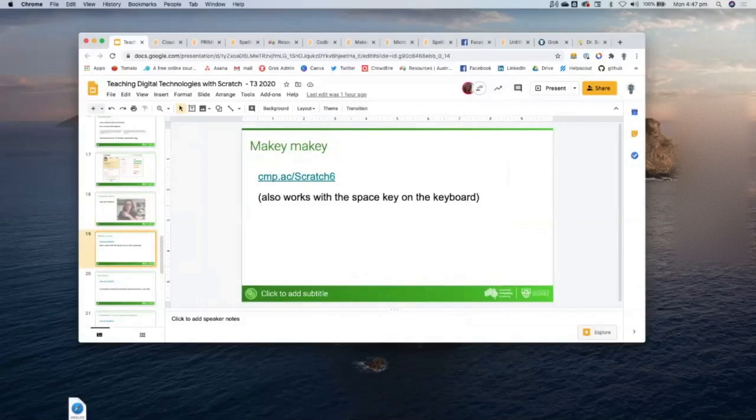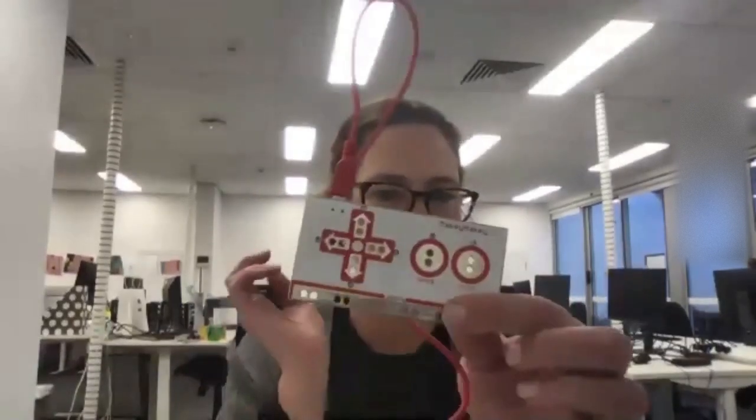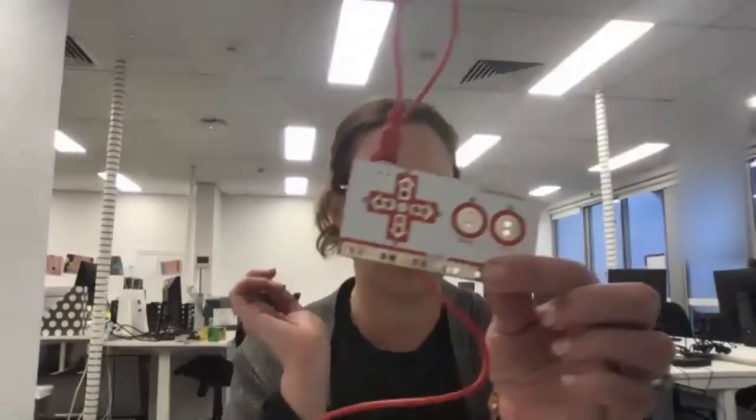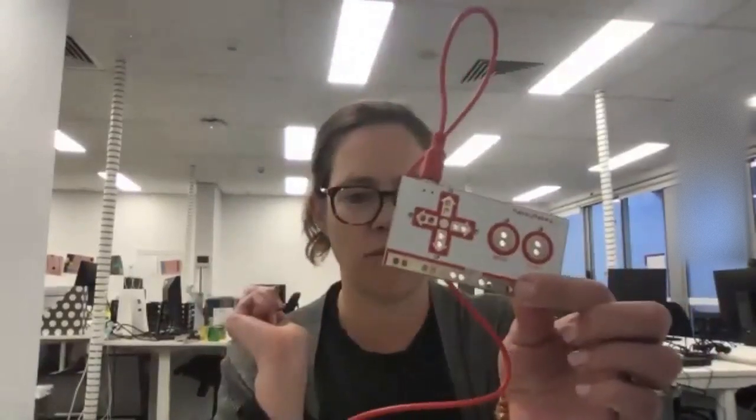Another question we get asked a lot, and we have a bit of fun with, is using Makey Makeys. I might actually just stop sharing for a moment. A Makey Makey is one of these. It's a device you can plug into a computer and it basically overrides your keyboard. So that beeping you could hear was me overriding my keyboard, in fact. It's very easy for the kids to play with. They're about $60 or $70, I think. They don't have a long life. You tend to use them for a couple of weeks and then probably put them away for the next group